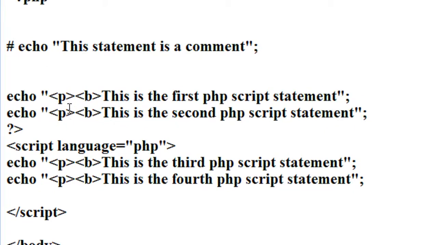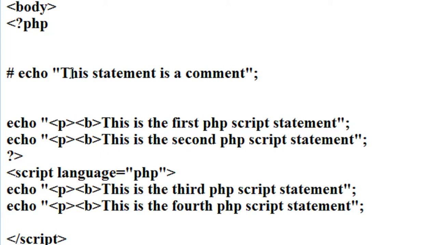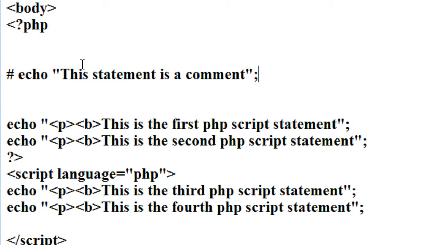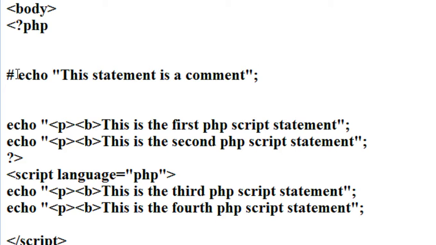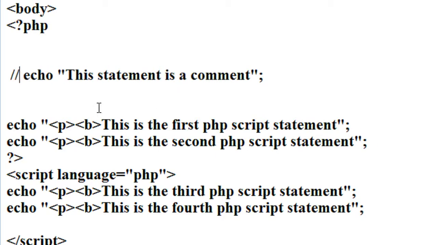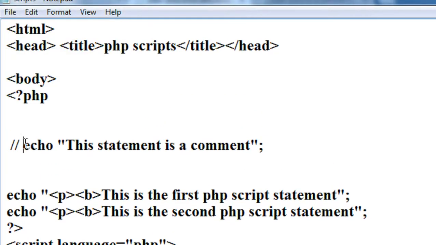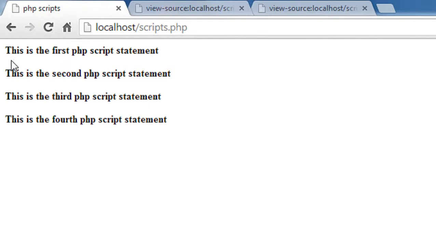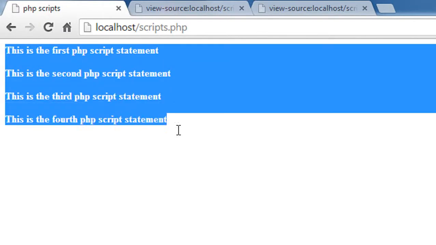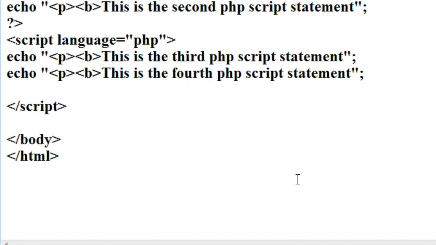If you want to make a set of statements, or in some situations you need to make a paragraph a comment, you need something more than this hash symbol. It is also possible to use a double forward slash for creating a comment. Now I save it again. This has the same effect as when we insert a hash symbol here. Now open up your browser and refresh it again. You can see that the comment is not available in the client window.